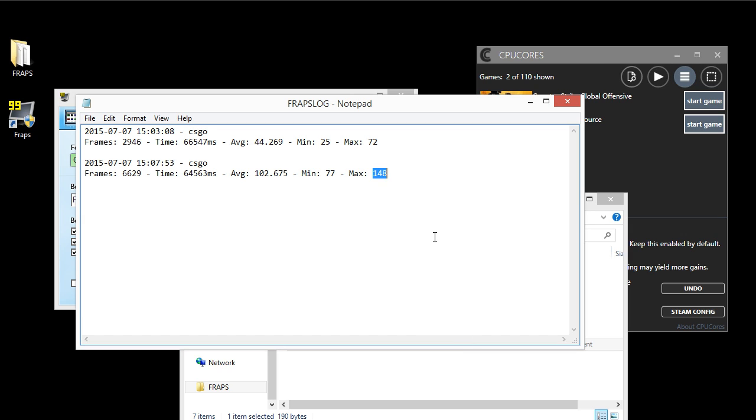However, our FPS counters are significantly improved using CSGO. Wow, I did not expect this many FPS increases. So this is quite a large FPS increase. Without, let's just say, standard CSGO,